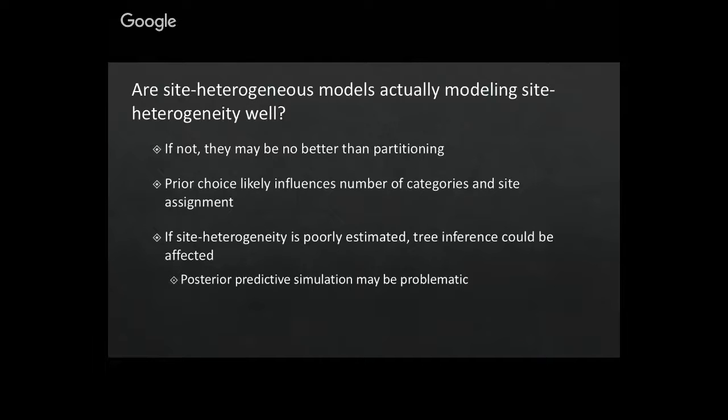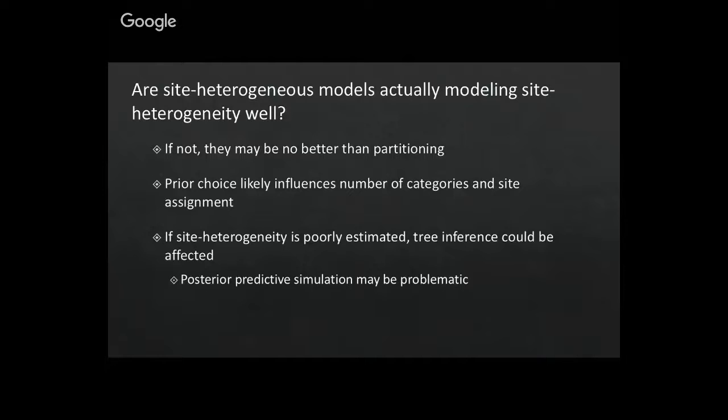And then I would also argue, so one of the arguments against simulated data in the way that we did could be that the data set just didn't have as much heterogeneity as you might see in an empirical data set. And I think that's a valid criticism. And so one of the ways you might get around that is by simulating data with a site heterogeneous model, potentially with CAT-GTR and posterior predictive simulation.